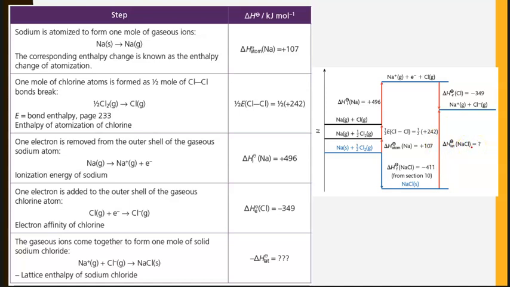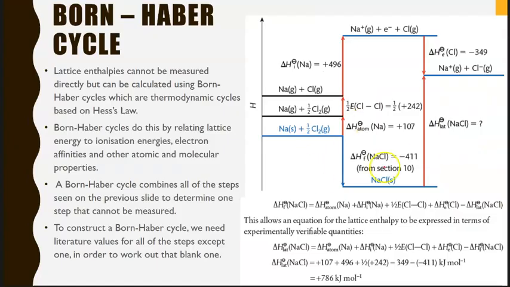Okay, so we can work that out mathematically. Because we can't measure them directly, we basically use Born-Haber cycles, which are applications of Hess's law, to relate these to each other. So to create the cycle, we need the literature values for all of the steps except one, and we can get these from our data booklet. And then we essentially just add them together. So if we're looking for delta H F of sodium chloride, which we can get from our data booklet,